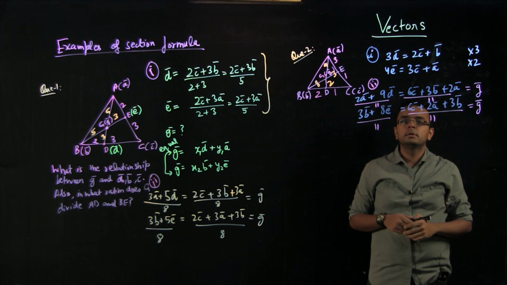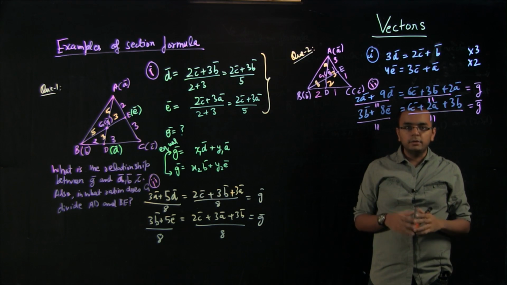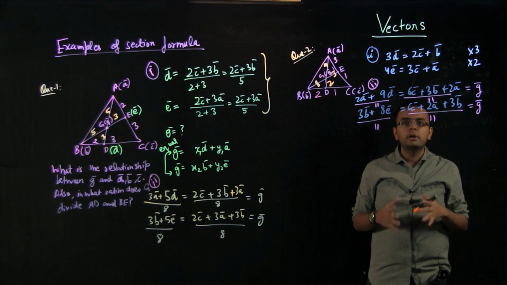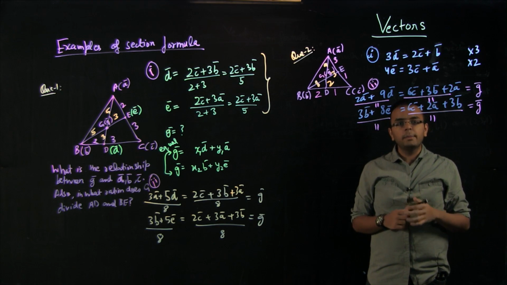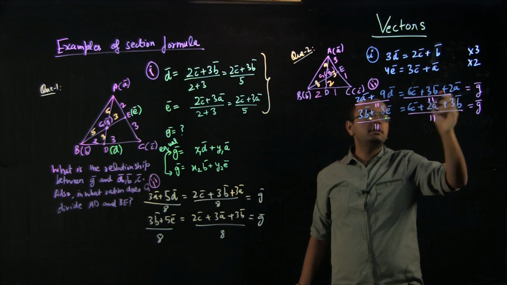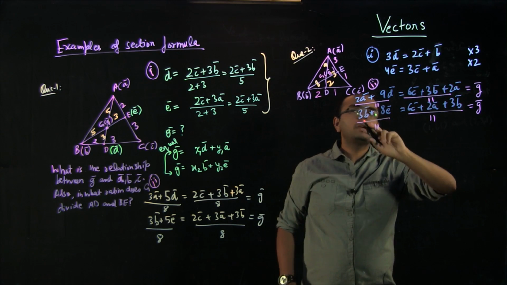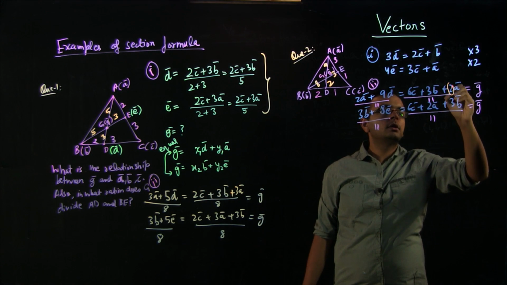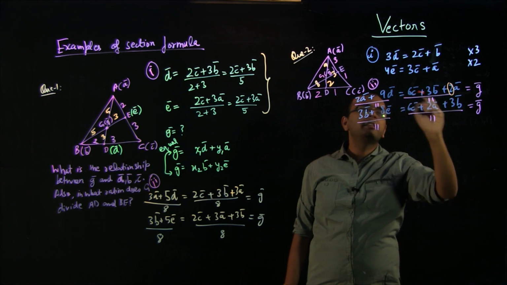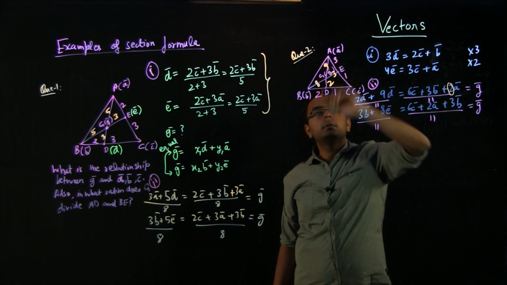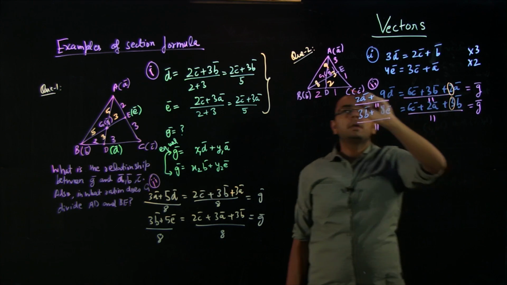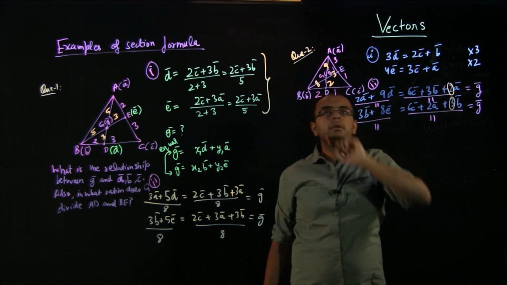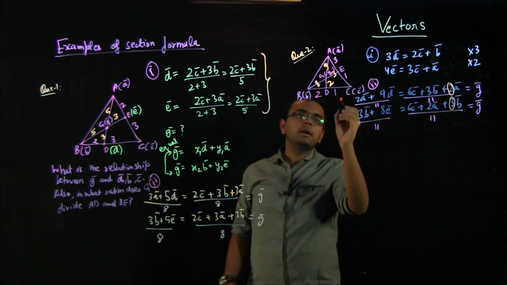Okay. So can you see a pattern? I don't know if you are able to spot it very quickly, but what is happening is that if you can find this g vector, the ratio in which AD is divided is this: 2 comes with A, and the remaining 6 plus 3 comes here, 9. 3 comes here, and then 6 plus 2 comes here. So in other words, if I were to make a line here,